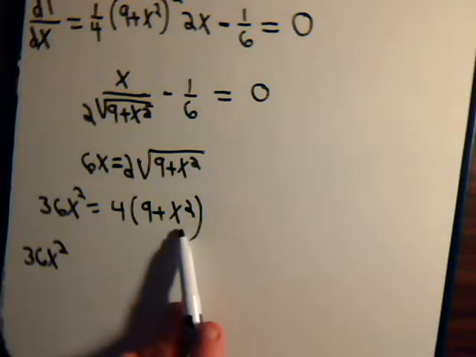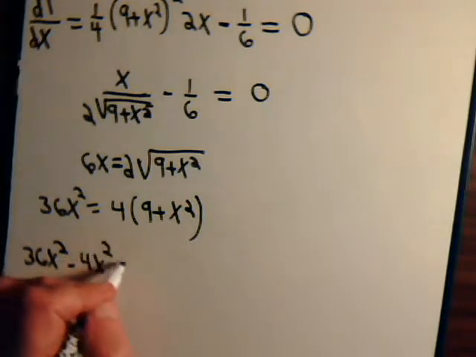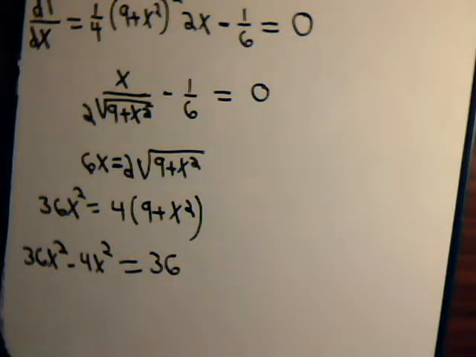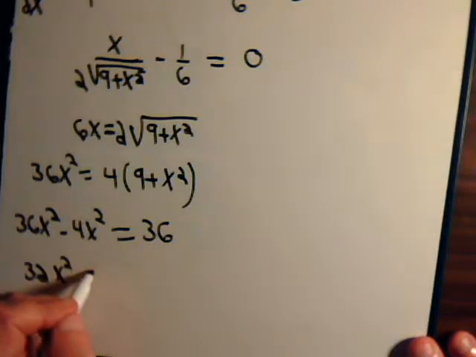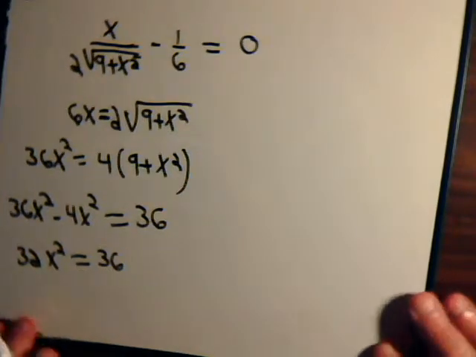Here we have 4x squared. Bring it over here, it's minus 4x squared equals 4 times 9. That's 36. So we have 32 times x squared is equal to 36. So x squared